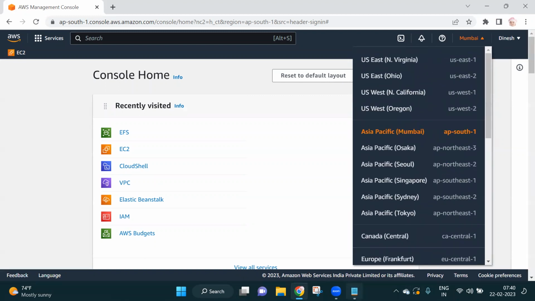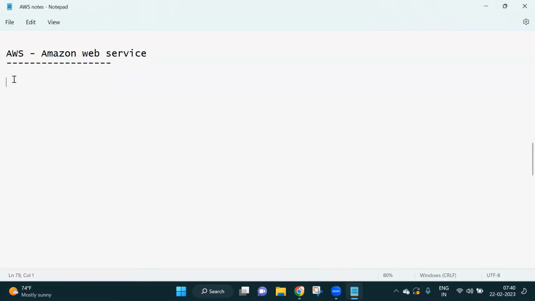Now the question is, what is meant by region? In AWS, first you should know what a region is. Guys, if you ask me what a region is, region is nothing but a geographical location. We are working with AWS, but why?